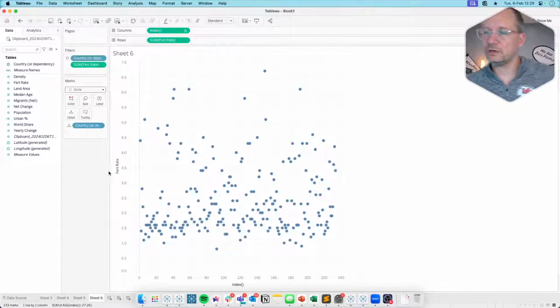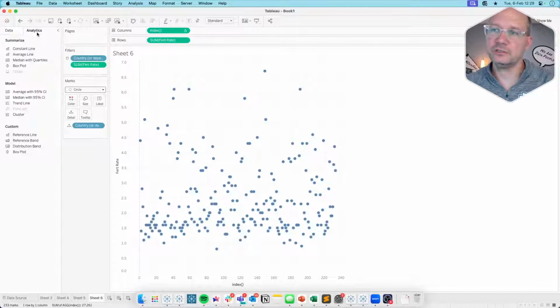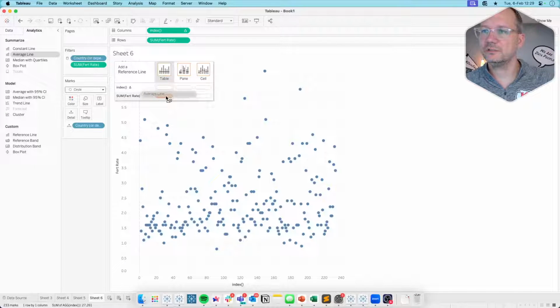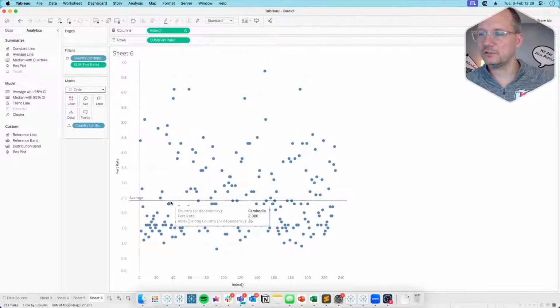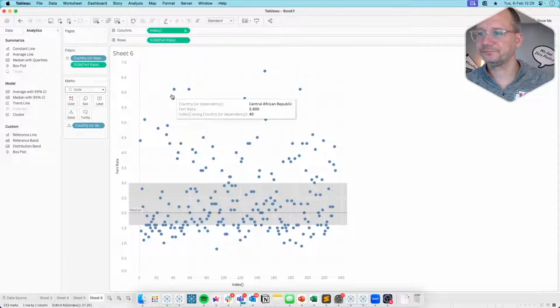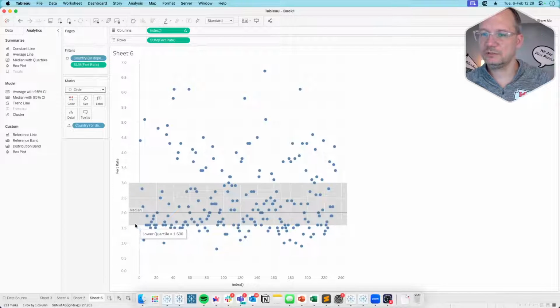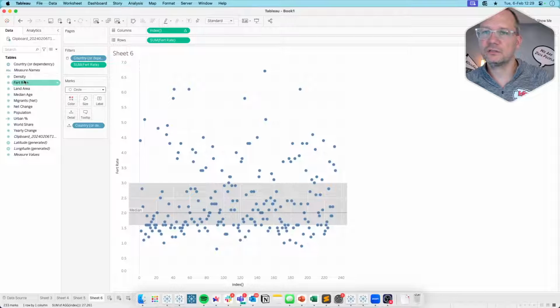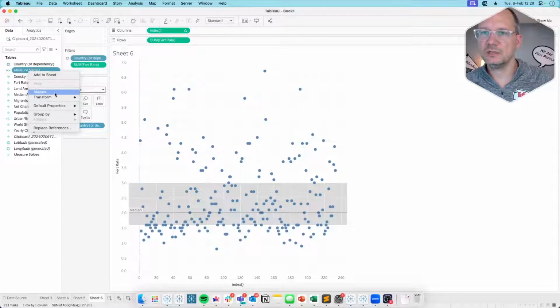And then what you can do here, right? From here, you could do an average line for the fertility rate. So there's the average, or maybe not average, maybe a median with quartiles, right? So this is the upper quartile, this is the lower quartile, and this is the median. So we kind of have this control chart. And then what we could potentially do is, could we take measure names and create